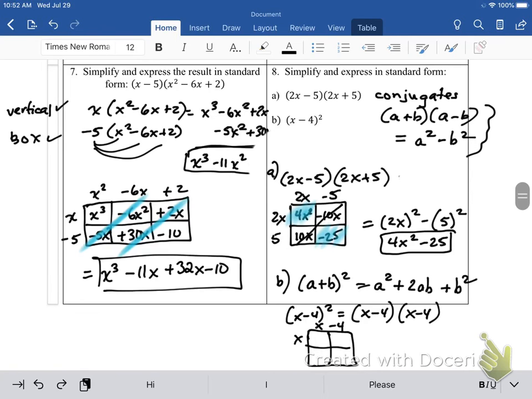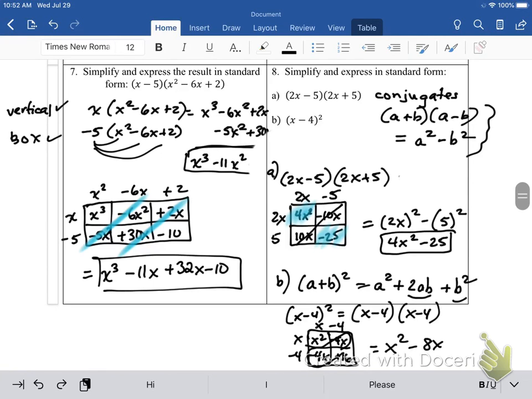x times minus 4, x times minus 4. First is x times x, that's x squared. That's kind of where we saw that first part squared. Okay, minus 4x, minus 4x. Now the product of 4 and x is 4x. There's 2 of them, hence the 2 times the first times the second. 2 4x's is 8x, and the last term squared will end up here, plus 16. So we've gone down to 3, but not 2. x squared